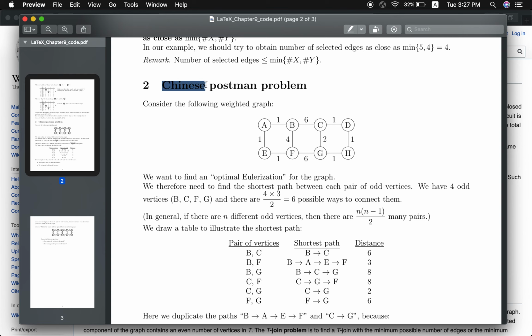Chinese is because of the Chinese mathematician, but why is it called postman? Because it actually came from a real problem. You have a street with two sets of buildings, and you want to go through those buildings to distribute the postal letters. So just like a postman. So that's why you have that problem